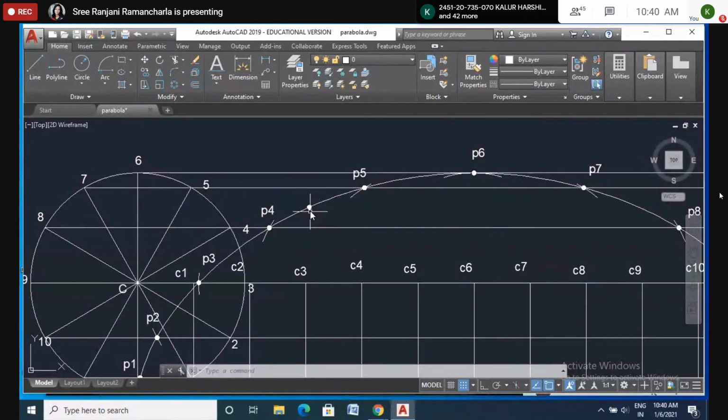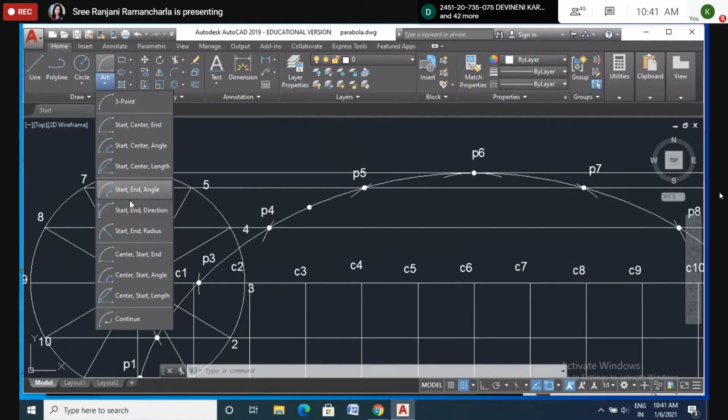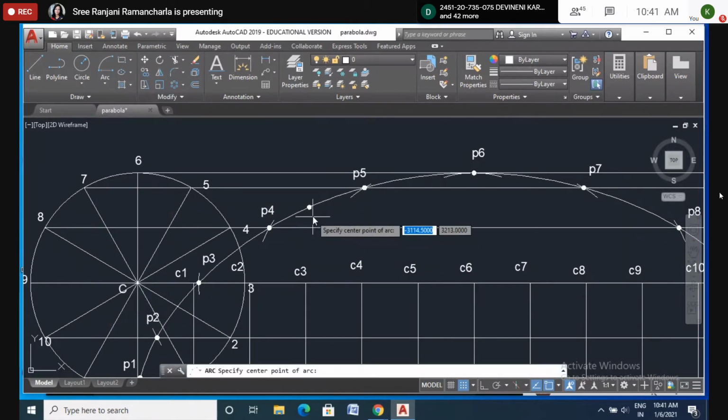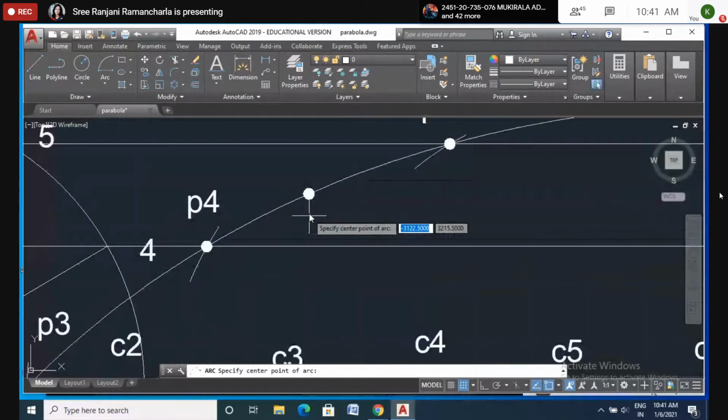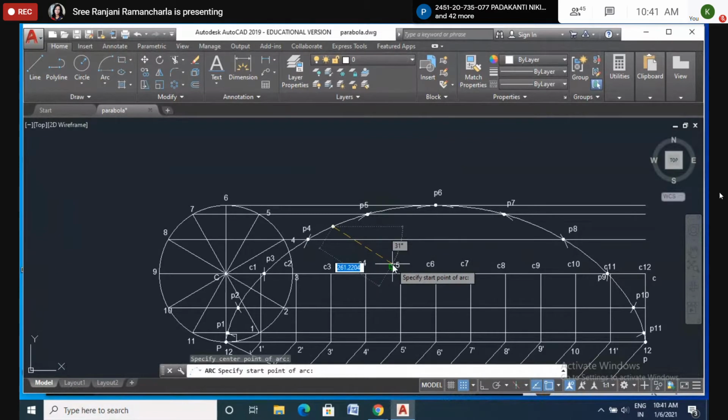you take as a radius. What is the radius of the circle? 2.5 centimeters. Yes, 2.5 centimeters. So take this as a center, measure 2.5 with the compass and cut it somewhere. It will be cutting somewhere else here, this portion. Now here also I will do. Somewhere it will be cutting. So I am keeping my cursor here.